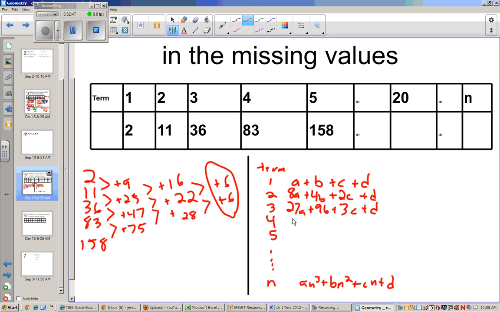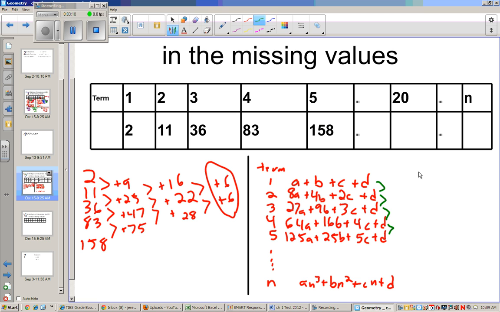4, we have 4 cubed, which is 64a, plus 4 squared, which is 16b, plus 4 times c plus d. And 5, we have 125a, which is 5 cubed, plus 25b, plus 5c, plus d. All right, so there's our first column. Now, when we look for our differences,